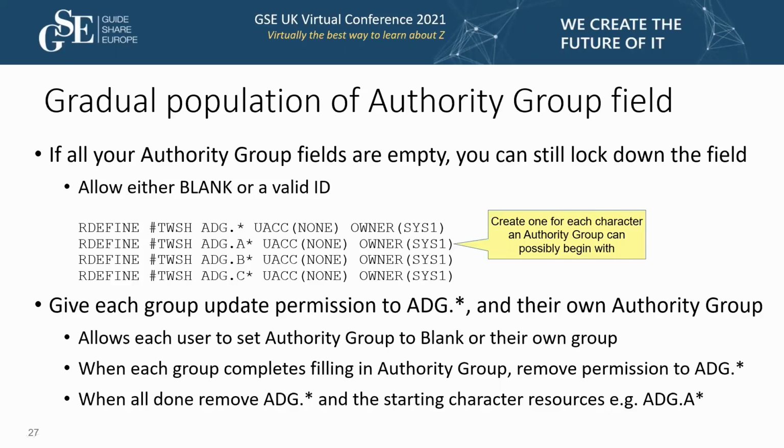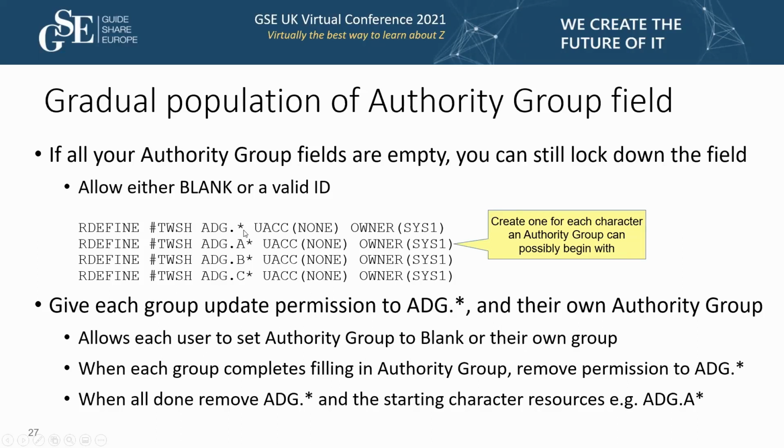Now, authority group. If you've not got any authority group set at present, what you might want to do is gradually switch over to using authority group. Now, I mentioned earlier not to create an asterisk authority group field, because that would allow people to create authority groups that aren't on the list. But there's a nice little trick you can do, which is to create a generic authority group with asterisk, and then one for every letter of the alphabet that an authority group may begin with, with a UAC of none,